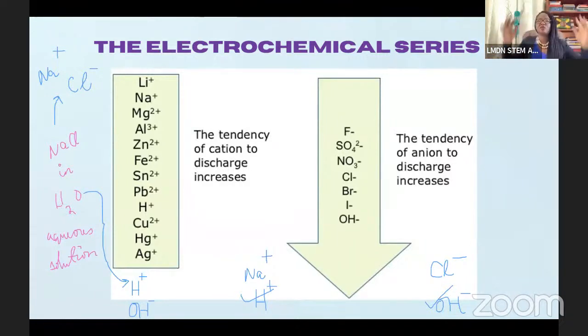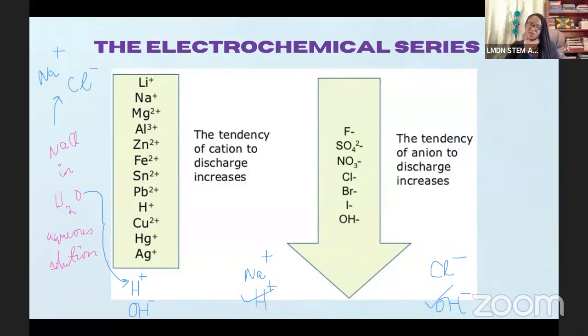So just to not confuse you, to bring it back here, what I'm saying is the electrochemical series can guide you when you have competing ions as to which one is actually going to get discharged, which one is going to win. You also have to pay attention to whether it's a concentrated solution, because if you have concentrated solutions, that means you have more of one ion than the next, in which case the one that you have more of will win, right? So I'll just leave this at that for now, but let me know if you have any questions on the electrochemical series in general.